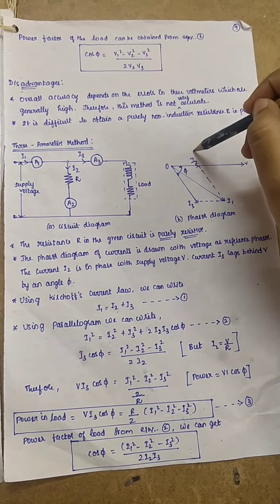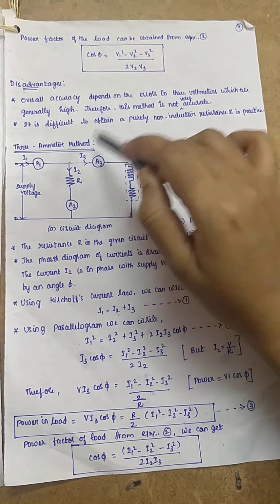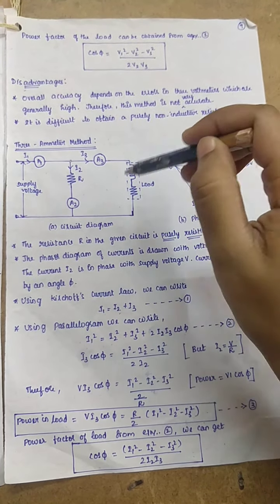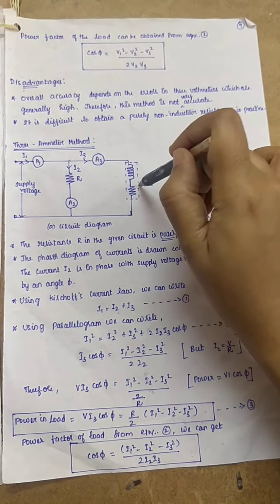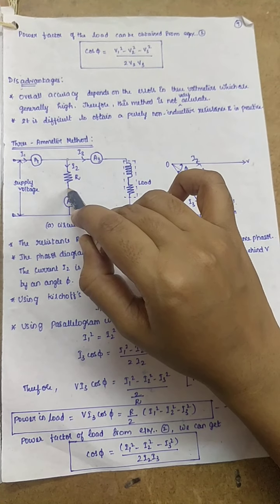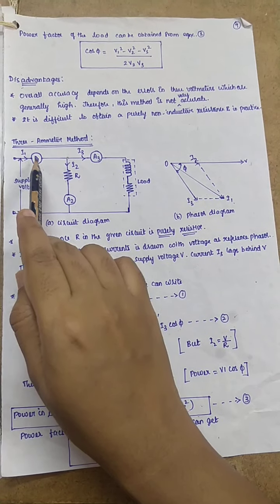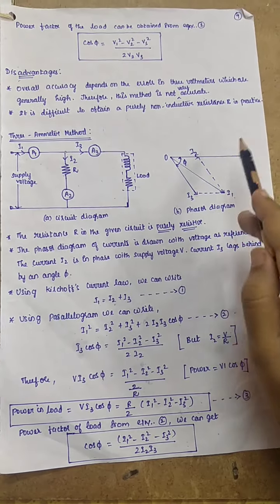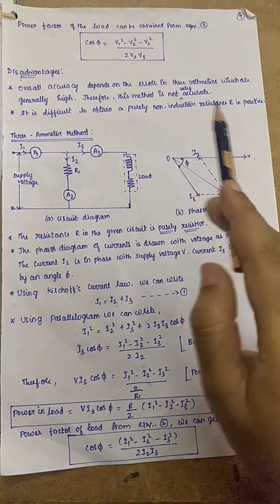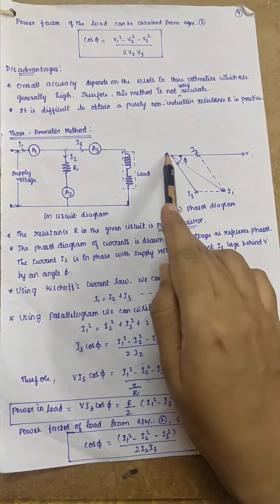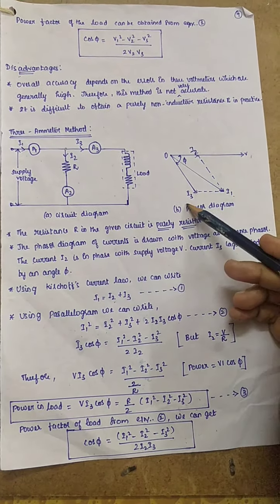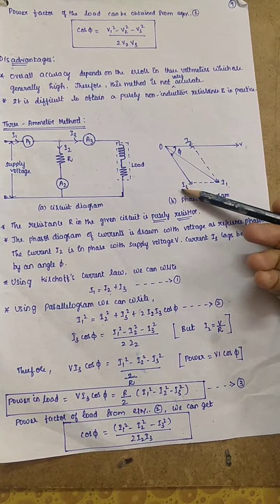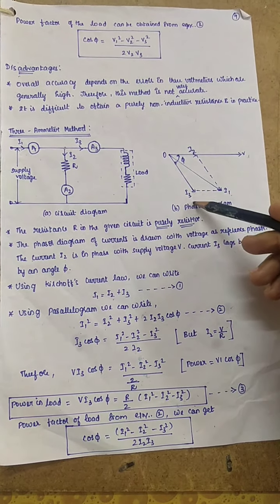Now let us see how to measure power in a single phase circuit using the 3 ammeter method. As the name suggests, we are installing 3 ammeters in a single phase AC circuit. Here the load is an inductive load, and I also have a resistance R. The current through A1 is I1, the current through R is I2, and the current through the inductive load is I3. Here I take the reference as voltage V, and I draw I3. Since for an inductive load the current lags behind the voltage, I draw the lagging current.